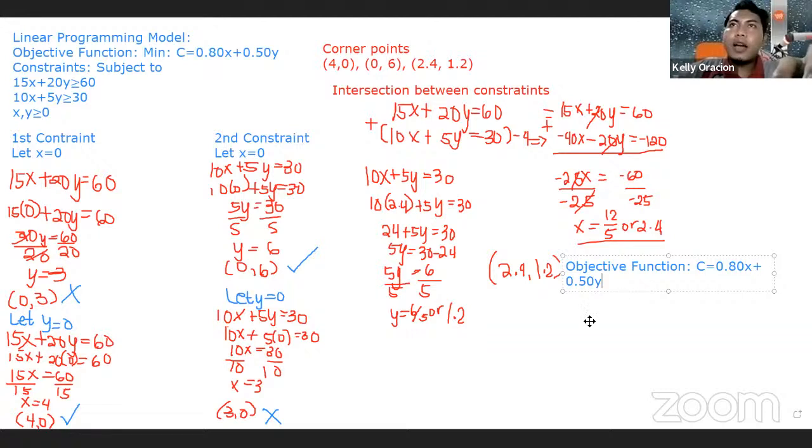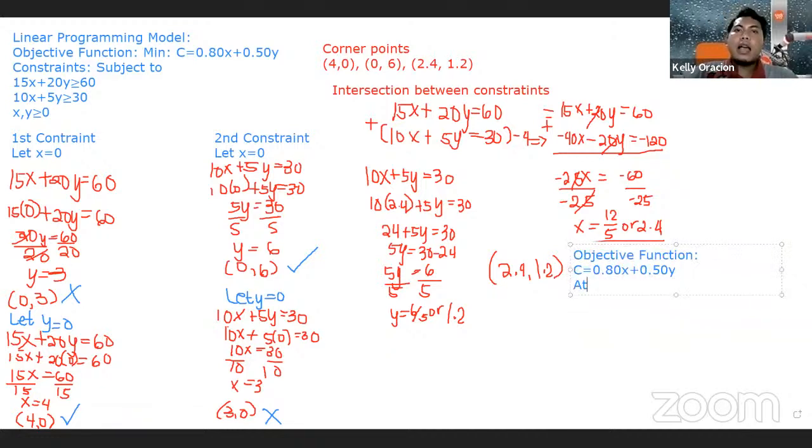Ito yung objective function natin. Then, let's substitute everything at point. Tatlo lang sila na corner points. At point 4, 0,